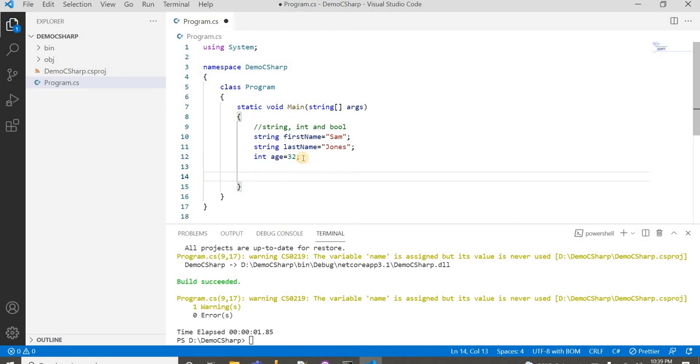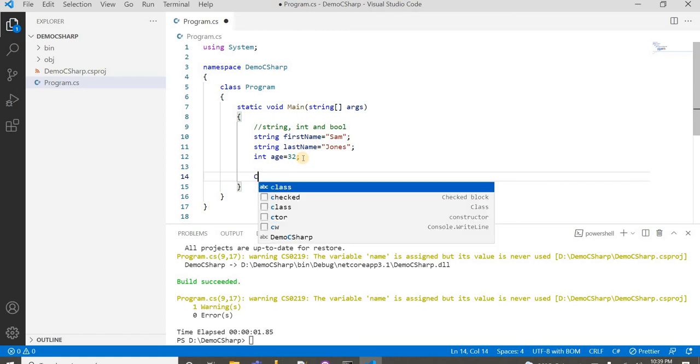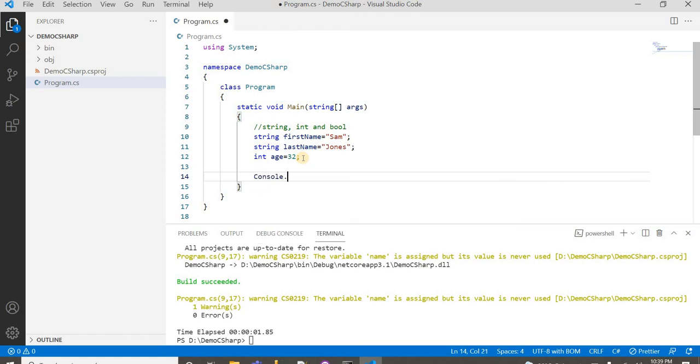To print anything inside the console application, we use Console.WriteLine. Whatever we paste here, it will print on the screen. Let's say first name. So first name is Sam, it will print the first name. Let's print the full name.